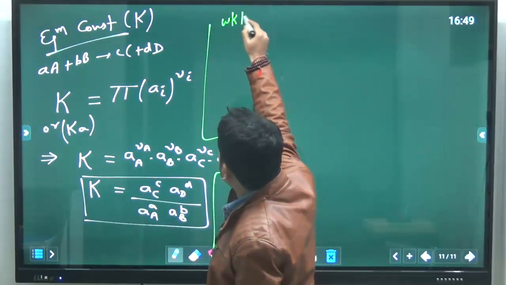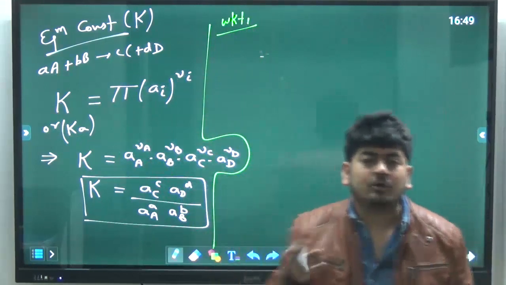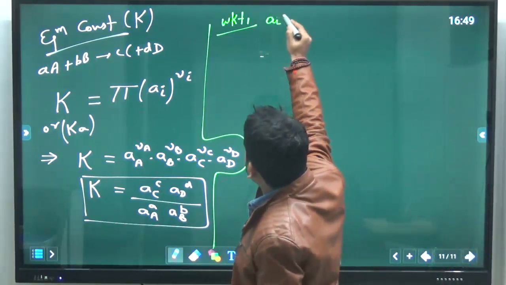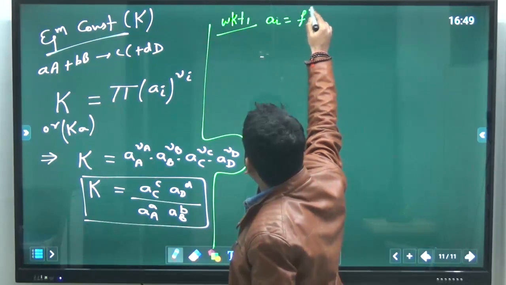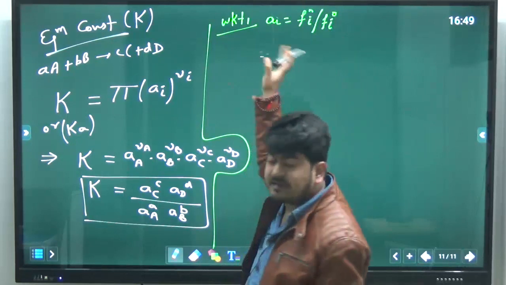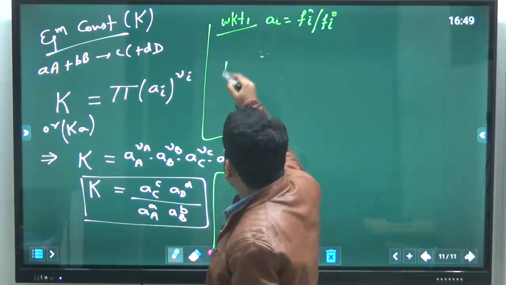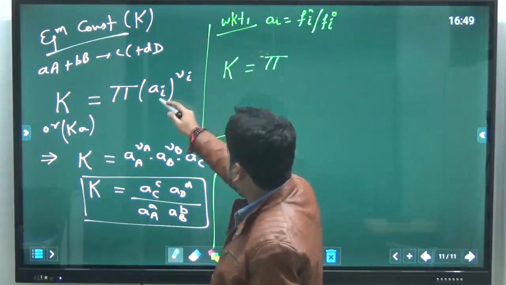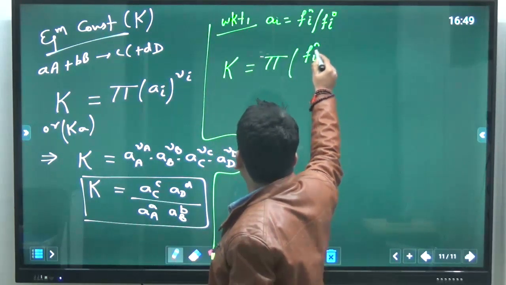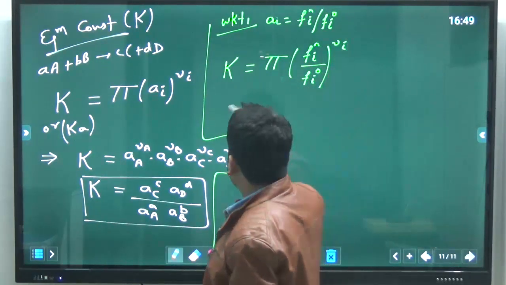Simple. In this part we will be able to revise the entire solution thermo one more time. All of us know that the activity of any component i in solution can be defined as the fugacity of component i in solution to the fugacity of i at standard state. So if you remember, K is the product summation a_i power nu_i. If I put a_i, it will be f_i cap over f_i naught power nu_i.